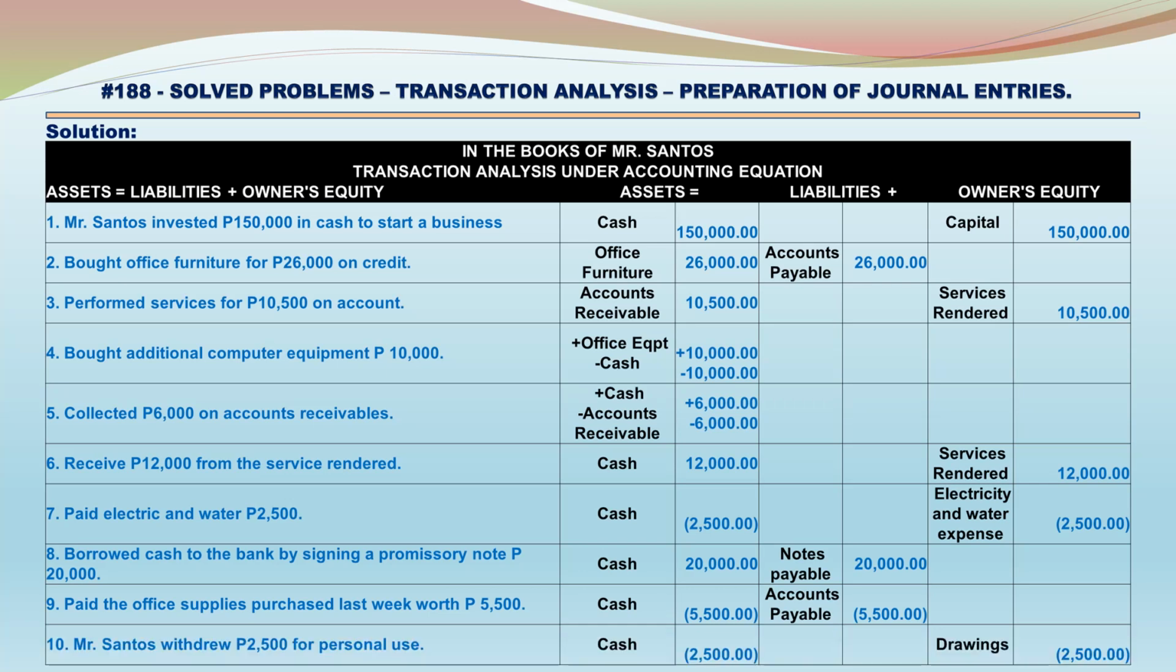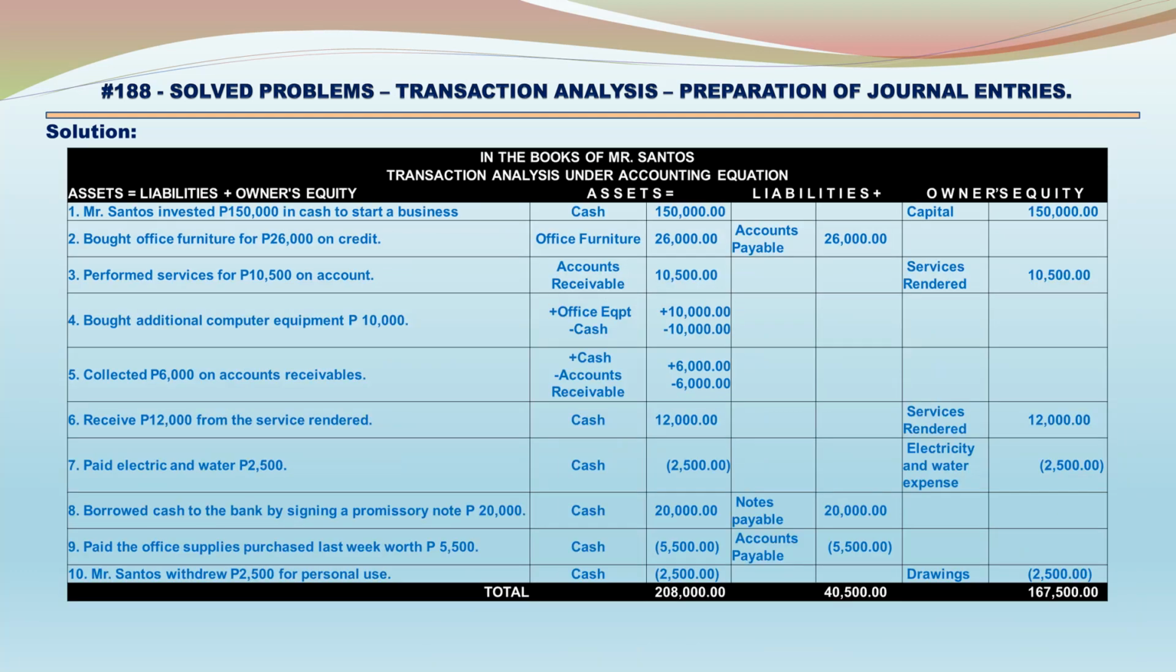Transaction number 10. Mr. Santosh withdrew 2,500 for personal use. Cash, credit 2,500; owner's equity, drawings 2,500. Total assets 208,000. Total liabilities 40,500. Total owner's equity